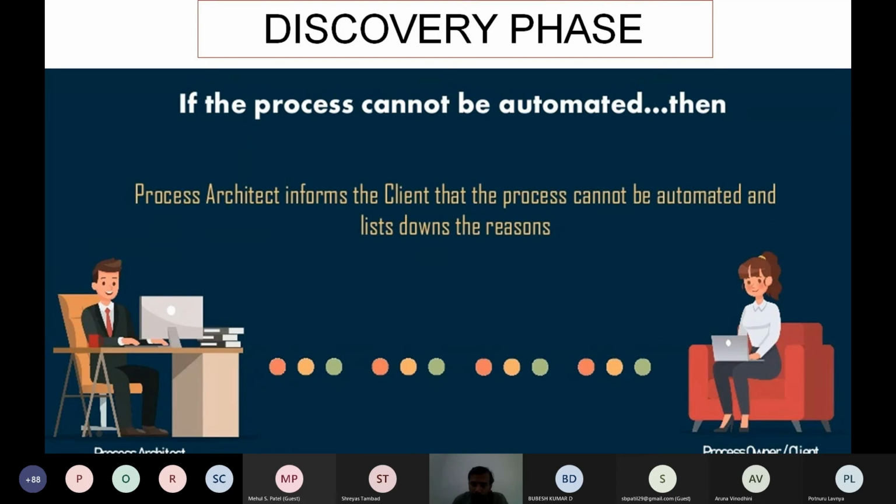These are the reasons why you cannot automate this. I emphasize listing down the reasons because in the second session we'll see in detail which processes can be automated. There we'll see why these reasons need to be listed down. So here just understand that if the process cannot be automated, he'll list down the reasons why.